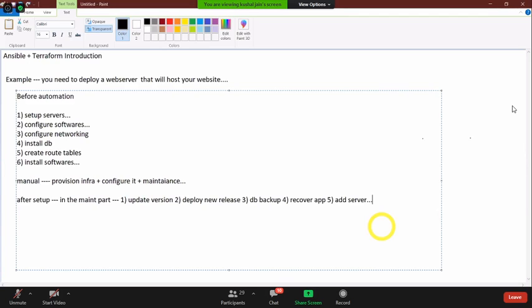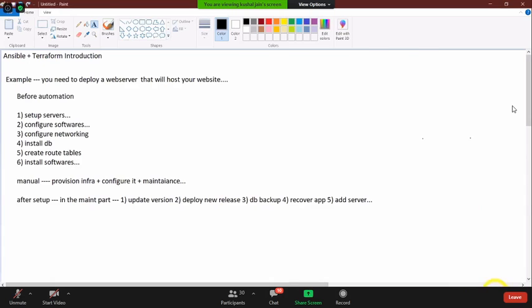So first you need to provision your infra. After that, you need to configure it. After that, in the maintenance part, you always need to look into the servers to update versions, deploy new releases, take DB backups, recover apps, add servers, or manage different configurations on your existing application. So all these tasks were done manually before automation. Now after automation,